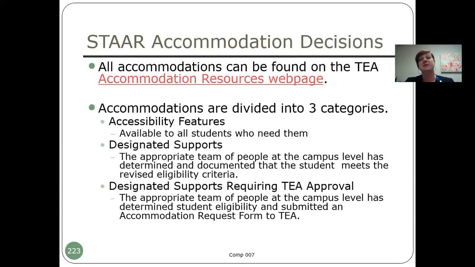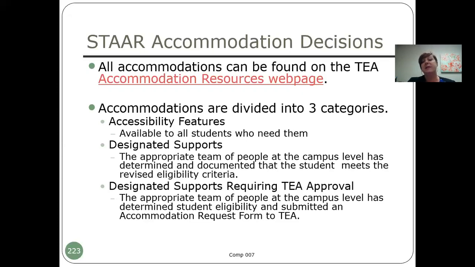Are they going to take STAAR Spanish? Are they going to take STAAR, which goes up through 3rd through 5th grade? And when we determine whether they're going to take STAAR Spanish, we're going to think about, is it the most appropriate measure of their academic progress? Or are they going to best be served through STAAR? Would paper-based be best, or would the online version be best? Keeping in mind that some of our new designated supports are only available online.